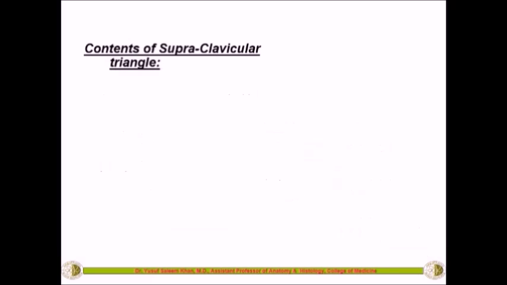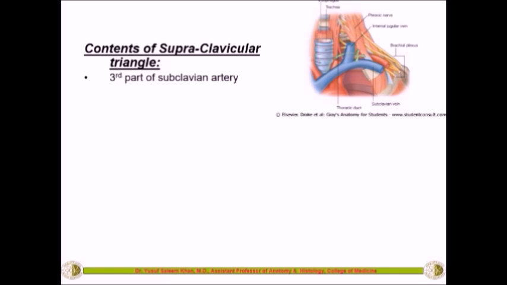Coming to the contents of this supraclavicular triangle, one of the very important structures is the third part of the cervical subclavian artery. I said this supraclavicular triangle is also called a subclavian triangle because it has the subclavian artery as well as the subclavian vein. These are the main structures. The subclavian artery is the main artery of the upper limb, and the subclavian vein is the main vein which will be draining the whole